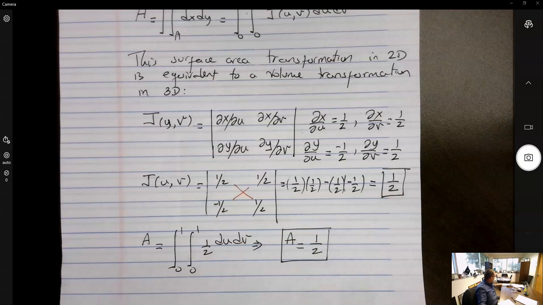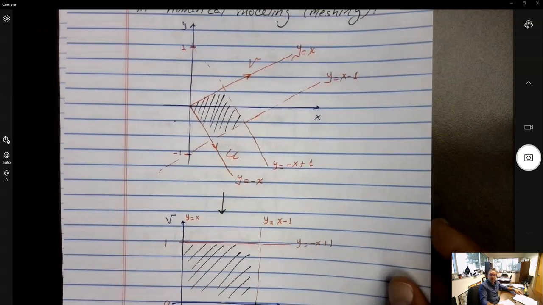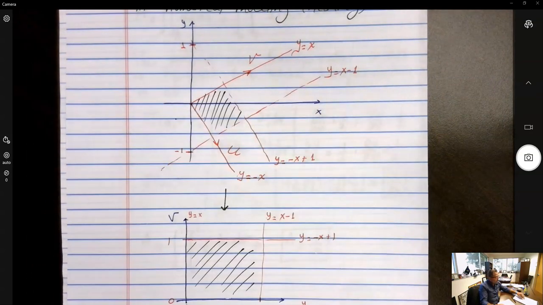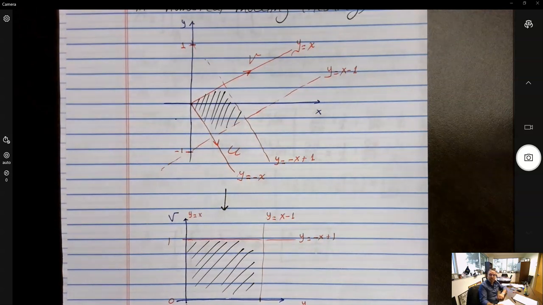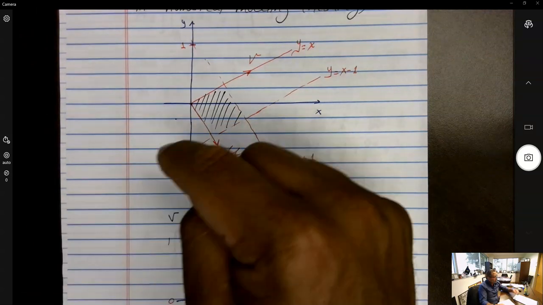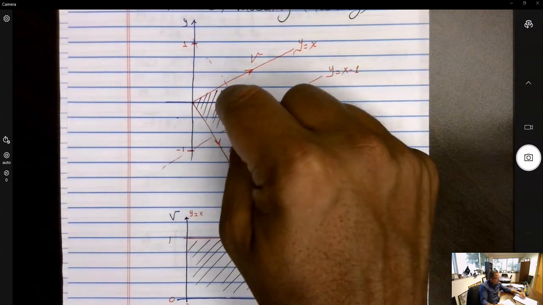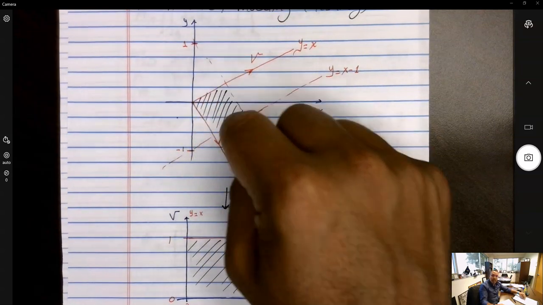This is a trick that we can play with curvilinear coordinates, even though these coordinates are not technically curvilinear, because this is just a rotation of the original coordinates. But if, for example, we needed to find the area of that shaded region, instead of trying to integrate this function and this function from this limit of integration to this limit of integration, and so on, which will be